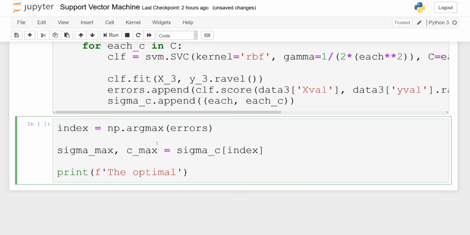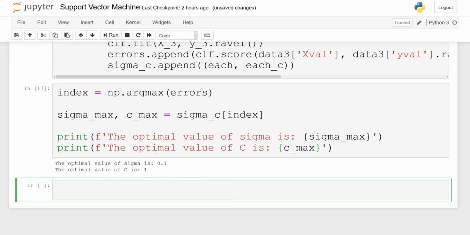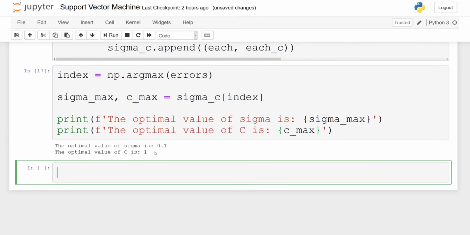So the optimal value of sigma is colon squiggly brackets sigma underscore max, and we'll print the optimal value for C as well. And as you can see, we get an optimal value of 0.1 for sigma and 1 for C.